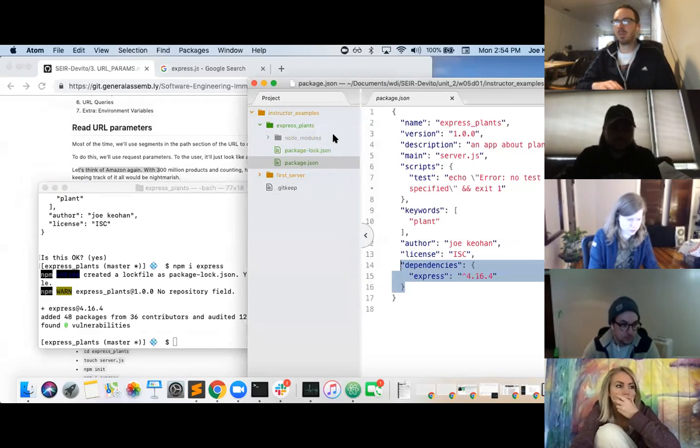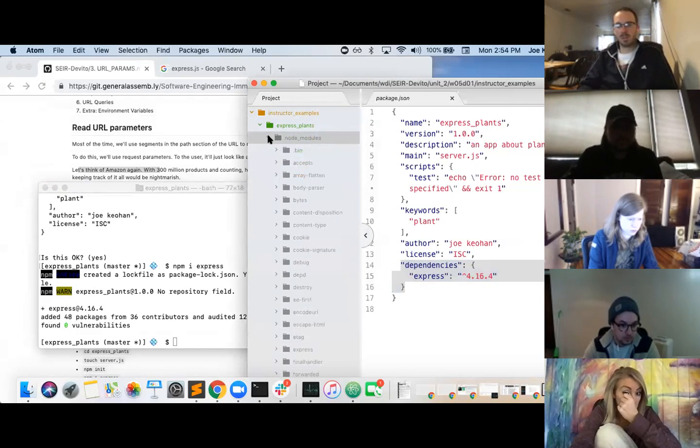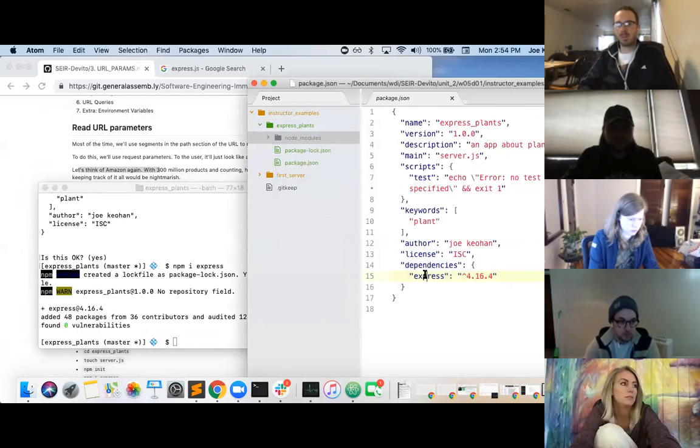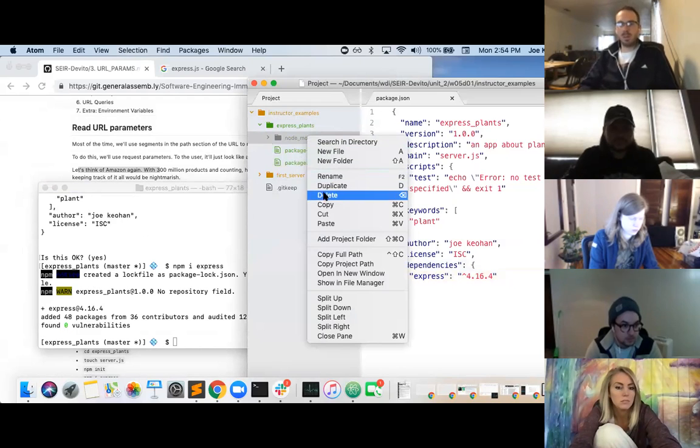The only thing I did was type in npm install express and it created the node modules folder and installed dependencies. Which once again, now that I have this, if I get rid of node modules and I delete it,